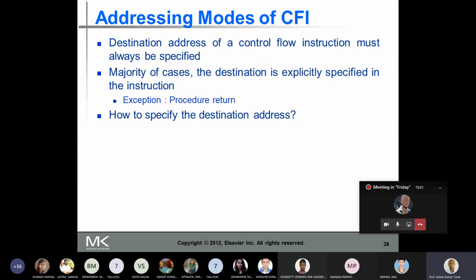And then how to specify the destination address? Sir, why doesn't the control, in the case of procedure return, go back to the original procedure caller? Shouldn't that be the destination address for procedure return? Let's look at the execution of the program. You do not know in which part of the memory the program is going to reside, so it is not known at compile time.